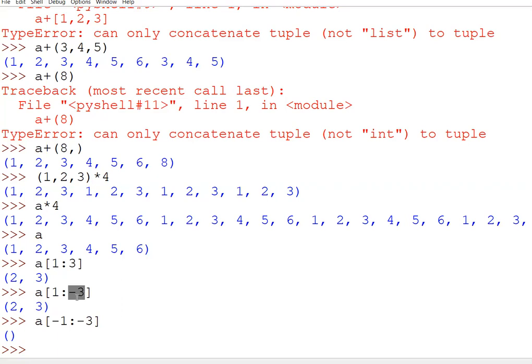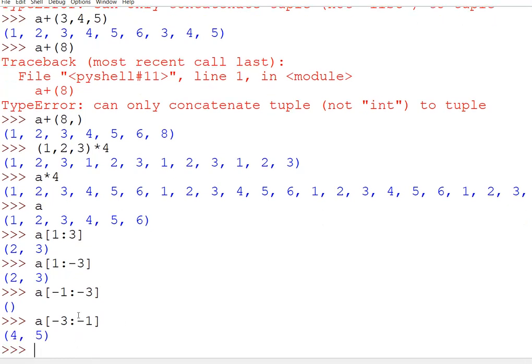No doubt right now over here it is -3, but it is also a positive index. So once you reach the positive index of -3, then it will work fine. But here you will never reach from -1 till -3, because when we are adding, it will not give you the answer. If you write the reverse of this, it will work perfectly. It means -3 colon -1. If you write -3 till -1, it will work perfectly, because from -3 till -1 you can easily reach.